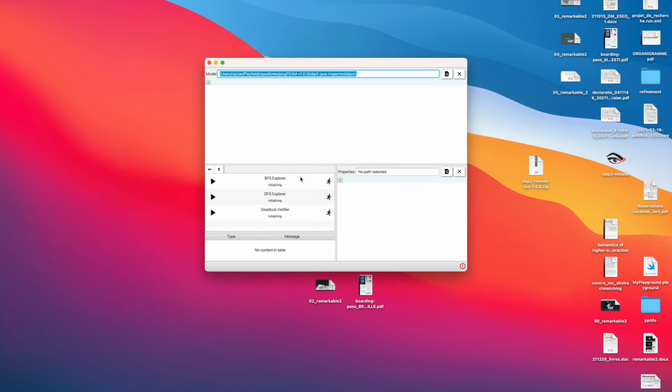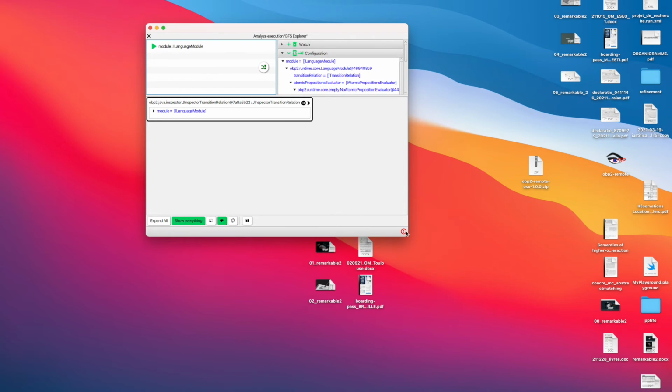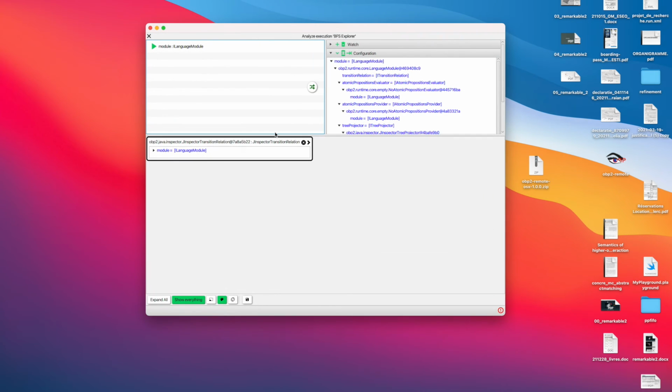Now, if we run OBP2, we can see that we have loaded a file with a .g extension, an empty file, because basically our inspector is hard coded to this object, and we now can look at our class. So basically here we have the inspector on a G inspector transition relation,